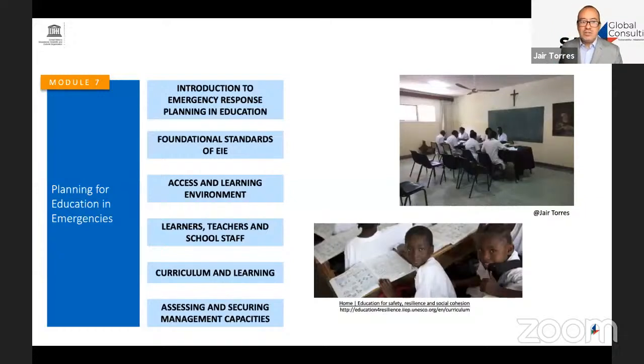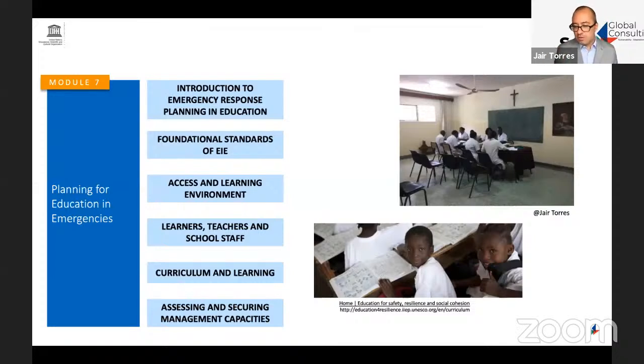So we're going to introduce what is emergency response planning in education. We're going to see the foundational standards of education in emergencies, what is important to secure access and learning and to have a learning environment in contexts of emergencies, in contexts of conflict, what is important to take into consideration for learners, for teachers and school staff, how we can secure that, for instance, teachers that have been